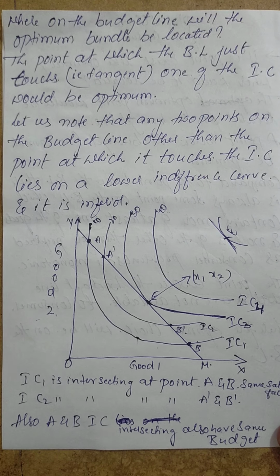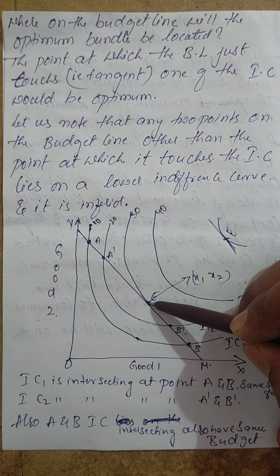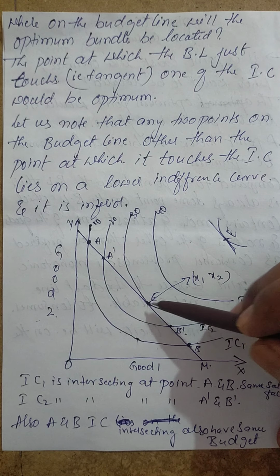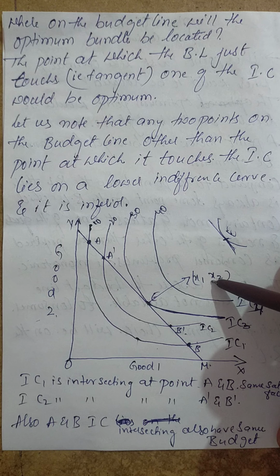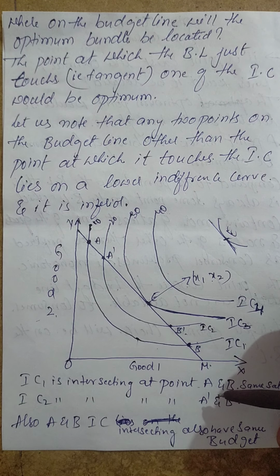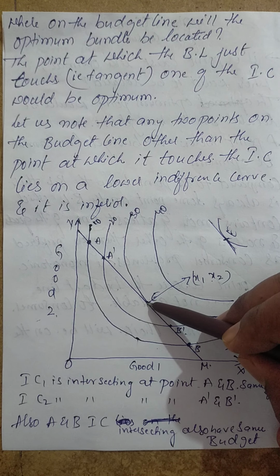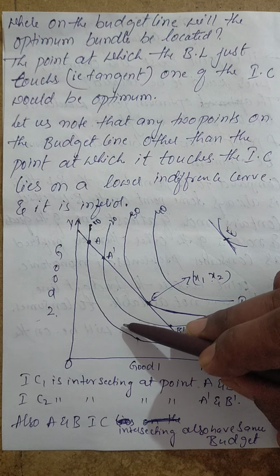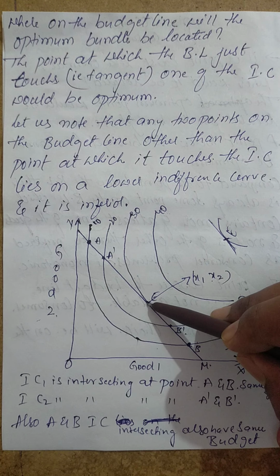When this becomes a tangent, this becomes the point of intersection and this becomes equilibrium; we call it the point of equilibrium. So when it is tangent at a certain point, this point gives the maximum level of satisfaction for the consumer's income. If this is maximum, then these two are inferior. You cannot consider this or this, since this is giving the maximum level of satisfaction for the exact amount.